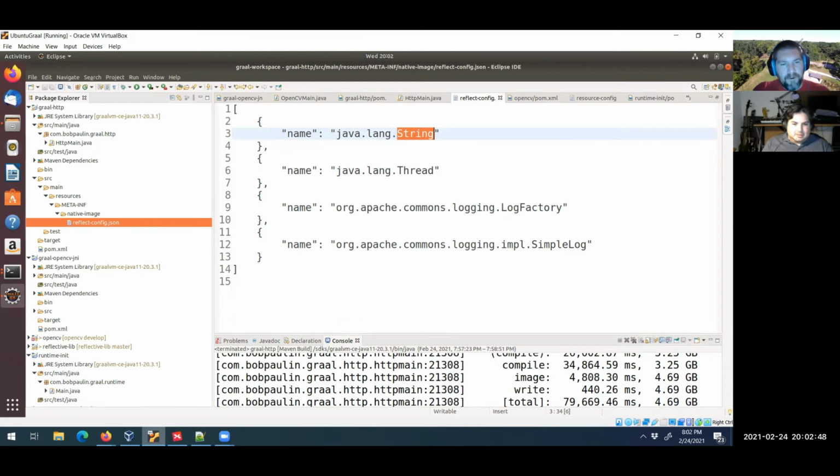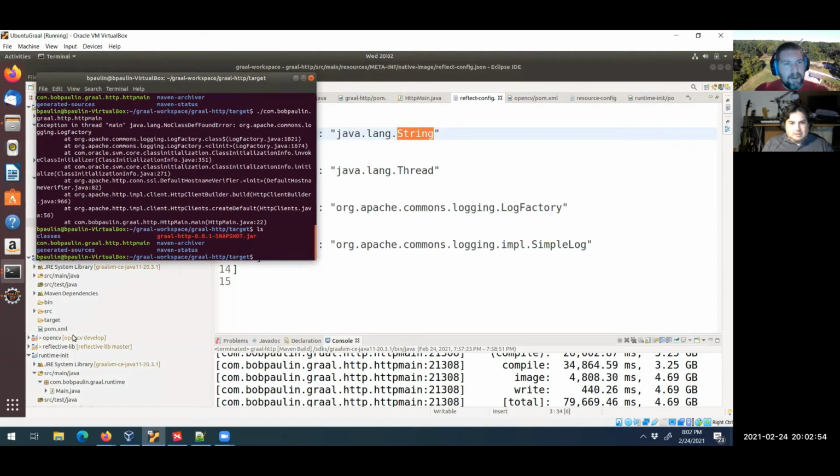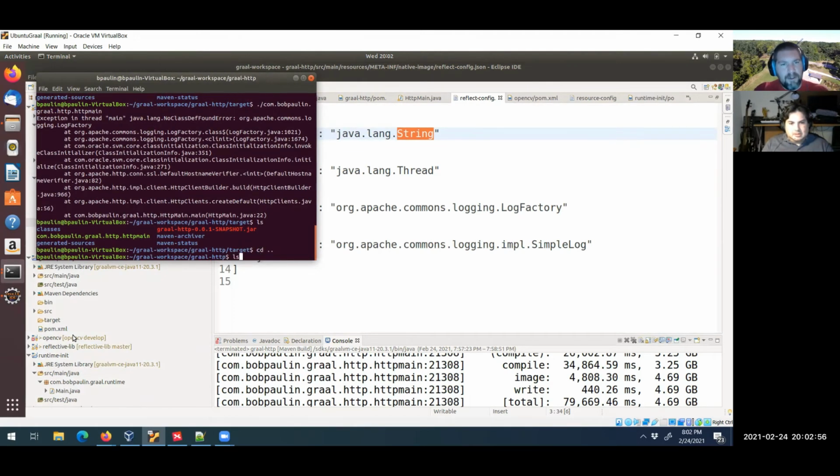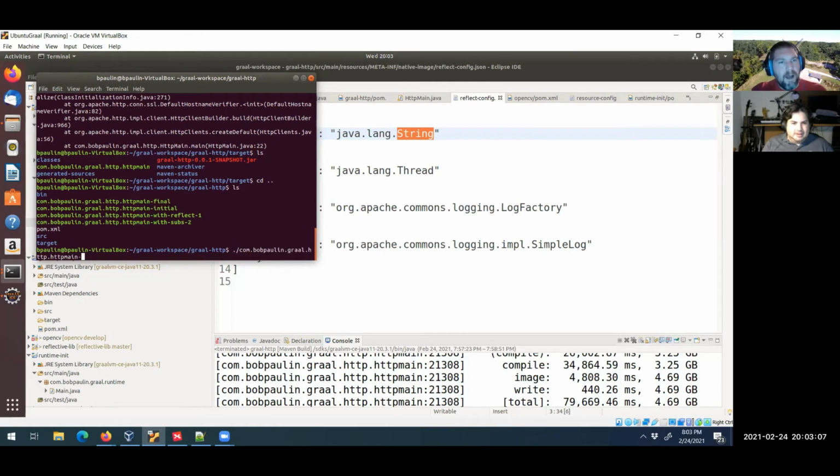So if I were to build using just this reflection config, hopefully we get a little further, right? So let's bring up our command prompt. We've got a couple in, so let's actually move out. I'll go back to the ones that I pre-built because I don't want to subject you guys to a minute of waiting between every single one. So what we built is the same one as initial, which is our starting point. If I add the reflection, there's a with-reflection binary that I created. So once we've added those four classes and we run it,